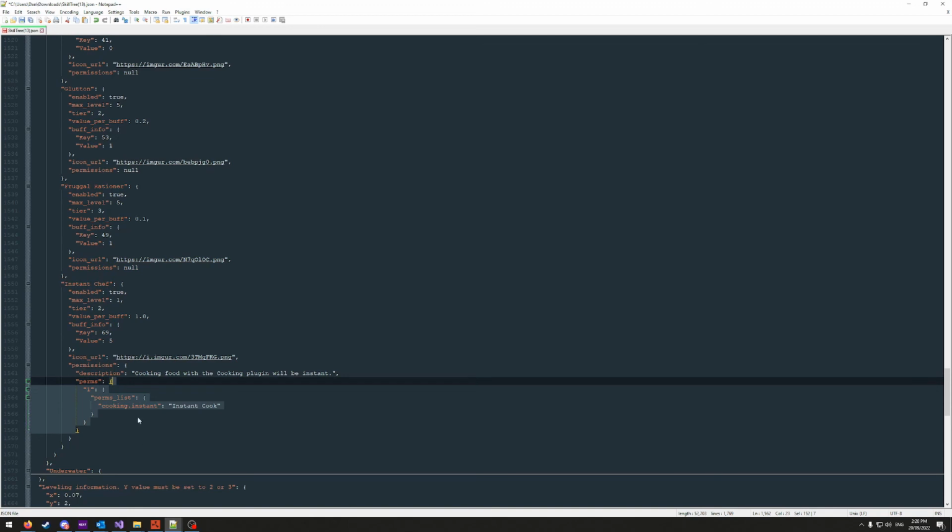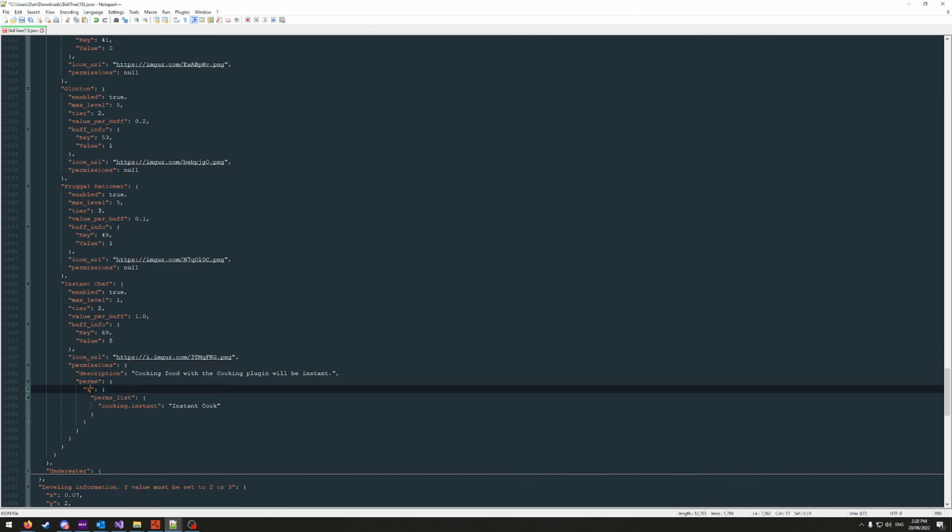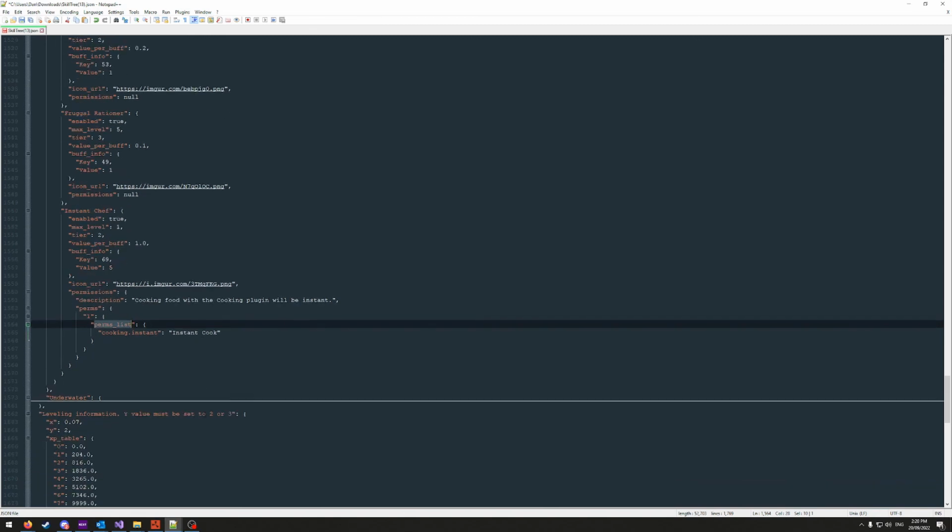But yeah, we'll focus on this. So you can see here we've got perms, we've got level 1 unlock, which is the maximum level anyway, and we have a list of perms that get generated. So we can say instant cook. If I wanted to add some more perms to that, I could say